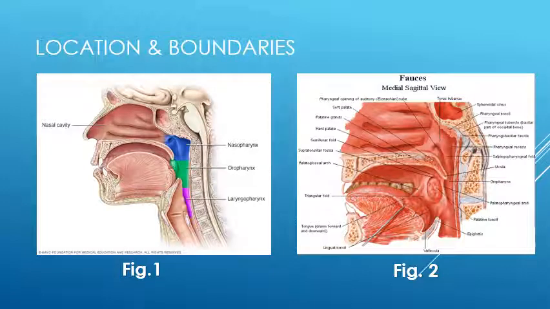In the diagram, the laryngopharynx, which is also the lower part, is shown by the purple color, and in the first diagram it is shown by the purple color. It is situated behind the laryngeal inlet, or you can say the inlet of the larynx. It extends from the upper border of the epiglottis to the lower border of the cricoid cartilage, where it becomes